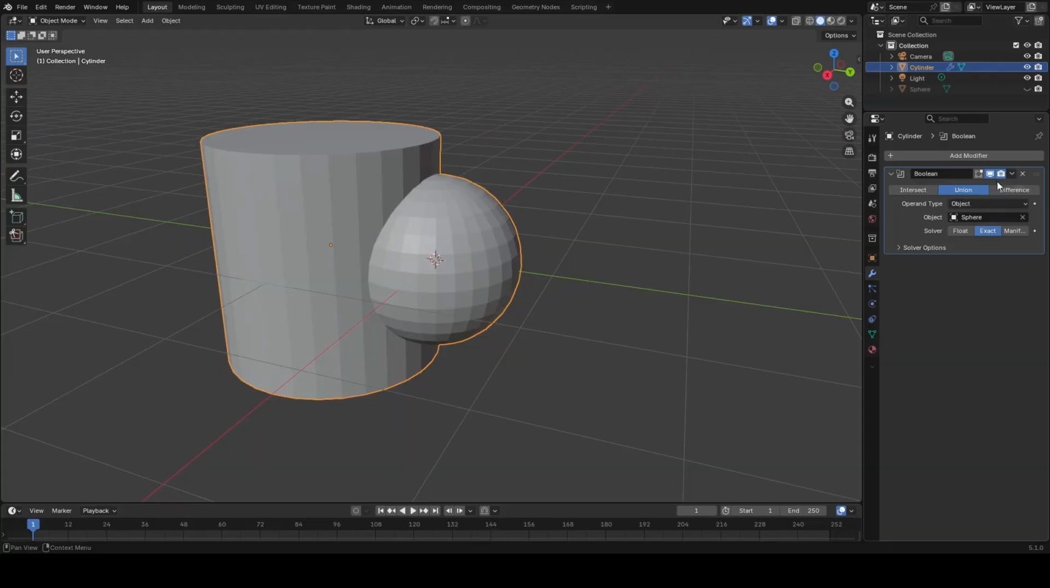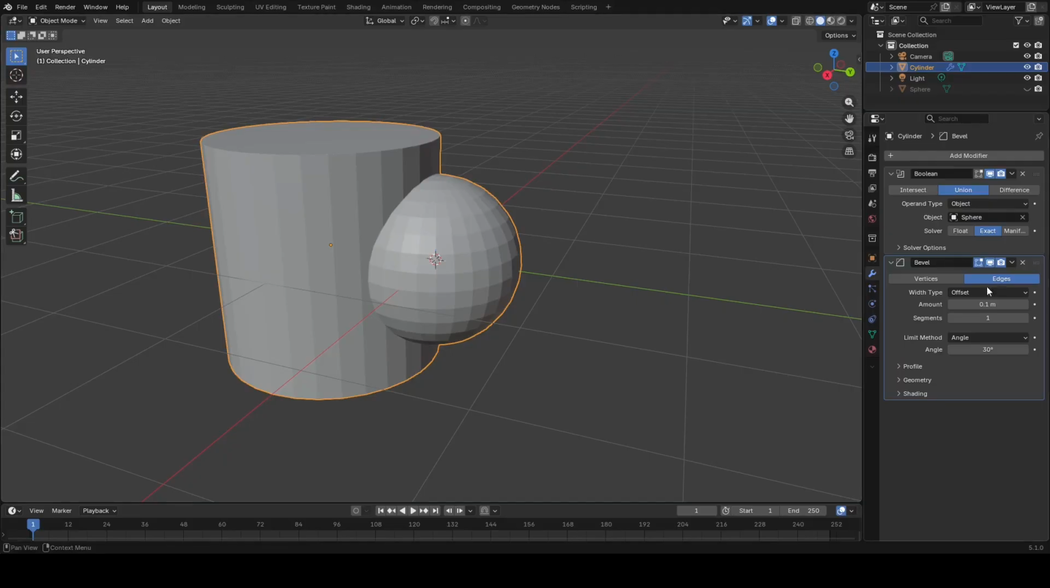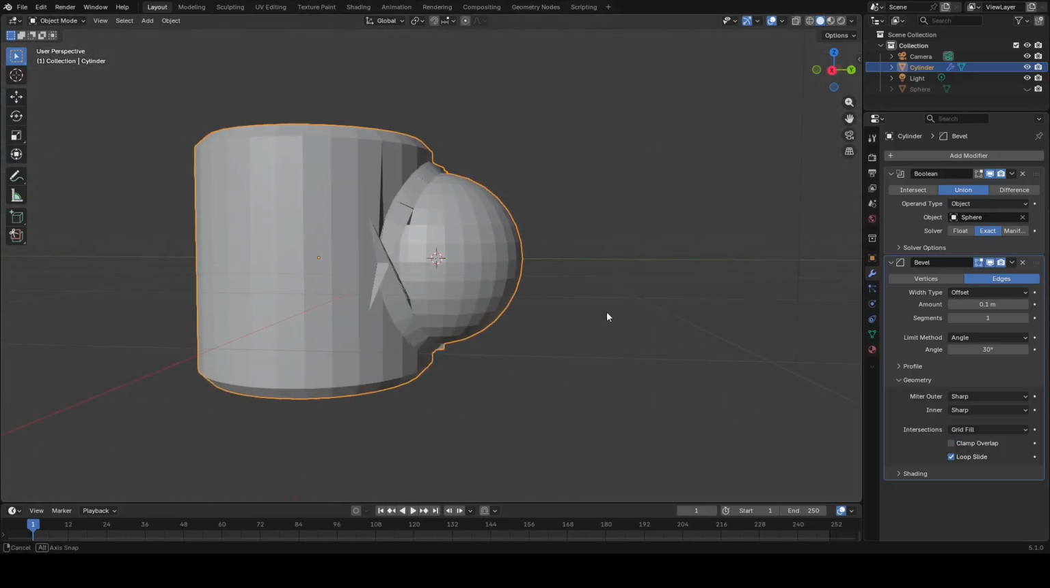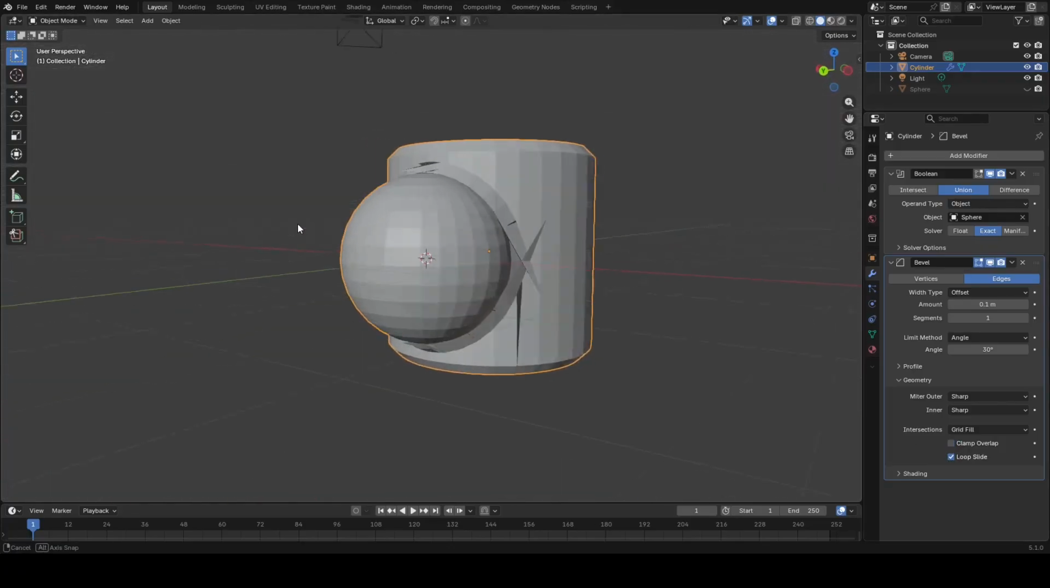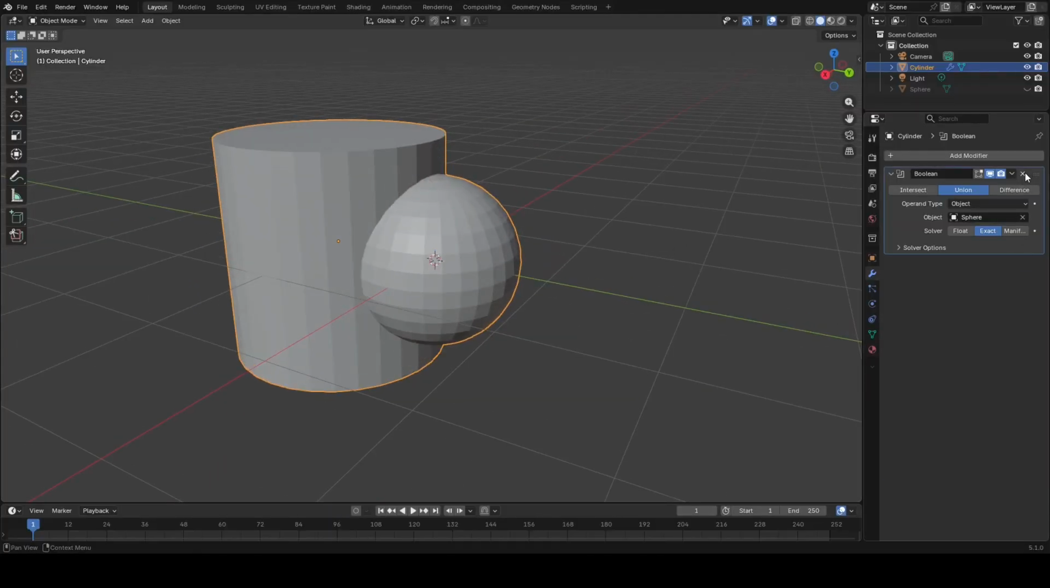If we need to bevel this, so if we add a bevel modifier so we can bevel these edges, you see nothing is happening because clamp overlap is enabled. If we disable clamp overlap, we get this mess right here at the intersecting edges. So that just doesn't work. So